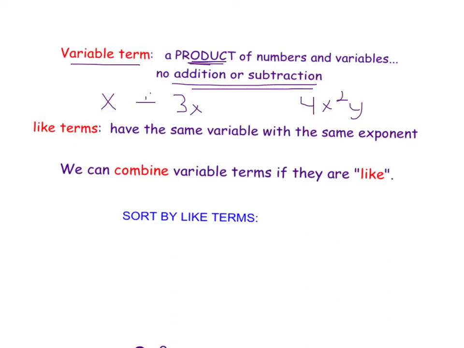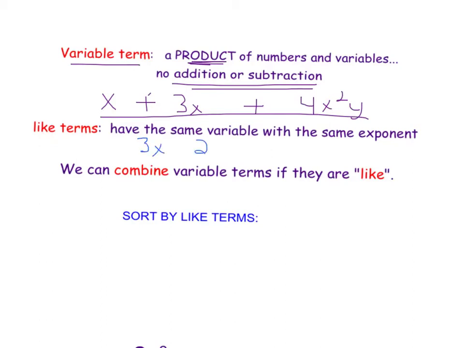If I put an addition and subtraction sign in between, now we have an expression, not just a term. This expression has three terms: 1, 2, 3. We can combine terms if they're like. Like terms have the same variable with the same exponent. For example,